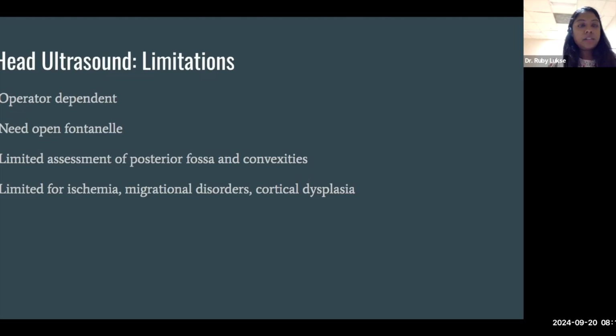The limitations are that, of course, it's operator dependent. You want somebody who has done a number of these studies before. It requires an open fontanelle. There's limited assessment of the posterior fossa and the convexities. And there's limited evaluation for ischemia, any migrational disorders, and cortical dysplasias. But you can pick some of those things up, and then that could trigger the need for further imaging or